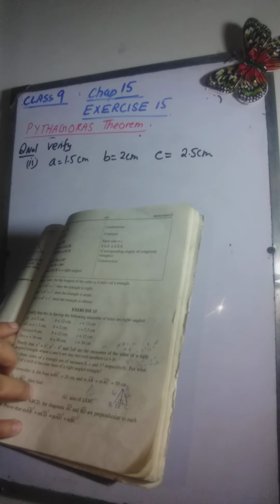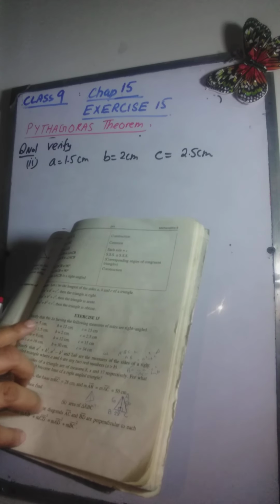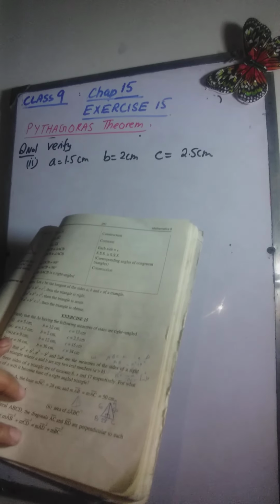In today's lecture, we are going to do exercises of chapter 15, the Pythagoras theorem. In this regard, the first question is that we are given different lengths A, B, C. There are 4 parts. Out of 4 parts, I am going to attempt one of them because all of these parts have the same method. So you can try all the other parts and tell me if you have any problem.